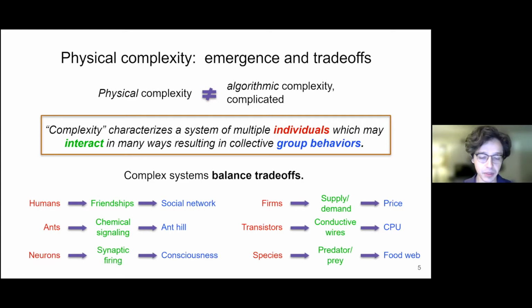Another example of a balance of a trade-off in a complex system is activity or stasis. Maybe an example of that is a single fish in a school of fish, which has to balance between working with the group and being an individual, going with the flow, or breaking away from the pack to try to get something to eat yourself.